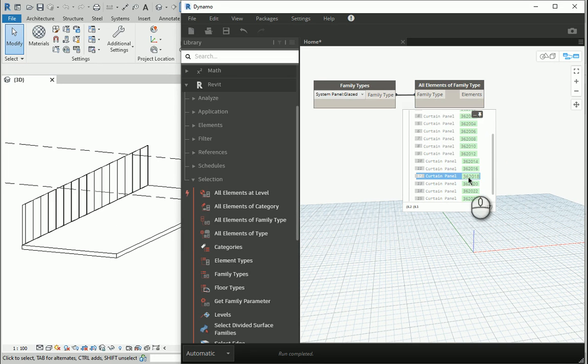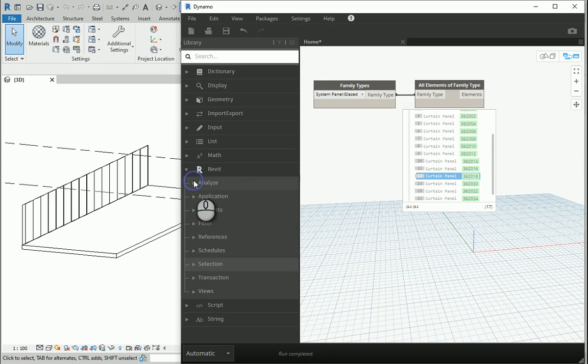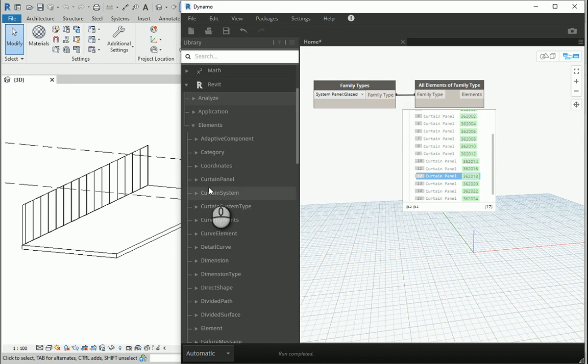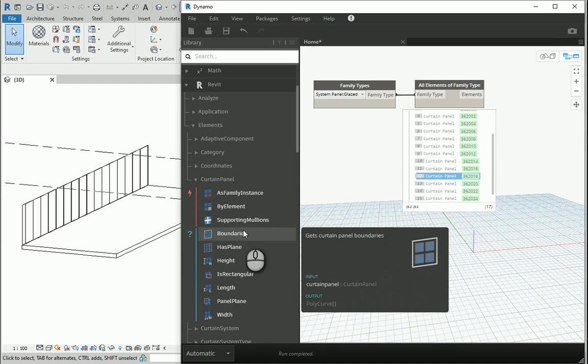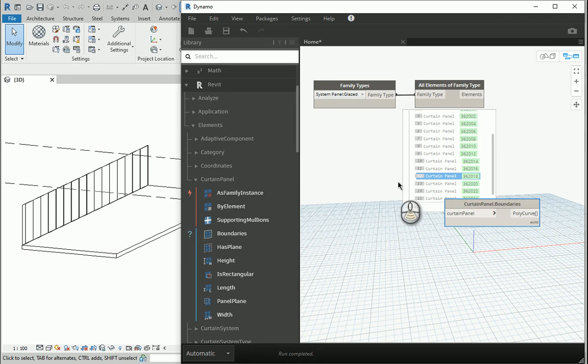Okay, so how about I go to the Revit tab. This time I'm going to elements, I'm going to curtain panel and boundaries. So this will give me the rectangle which is around each and every one of the glass panels. So boundaries,